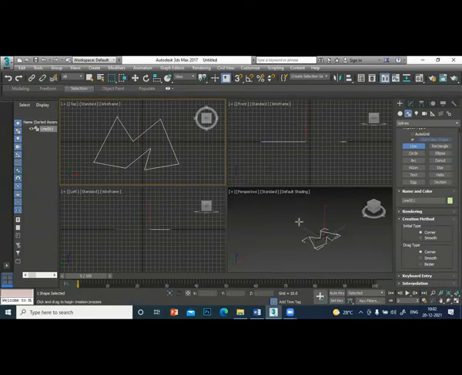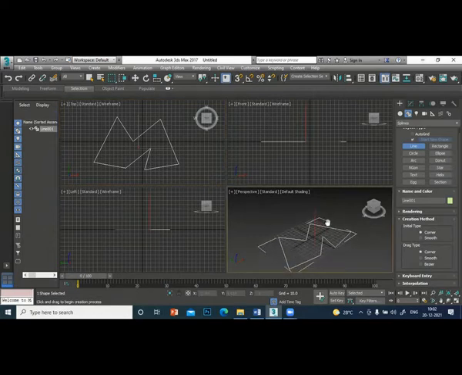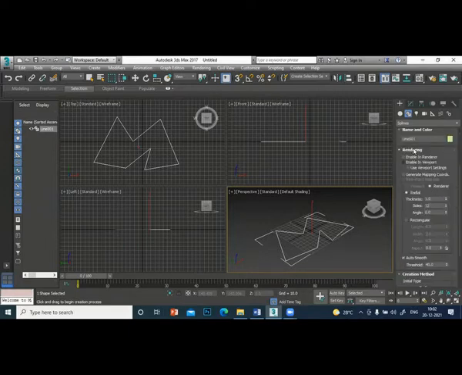Close it. These are very, very thin lines, but I can make them thicker. There is a rendering here. Click that arrow here. Click. So rendering. Enable in rendering. Enable in viewport. I will make a render.